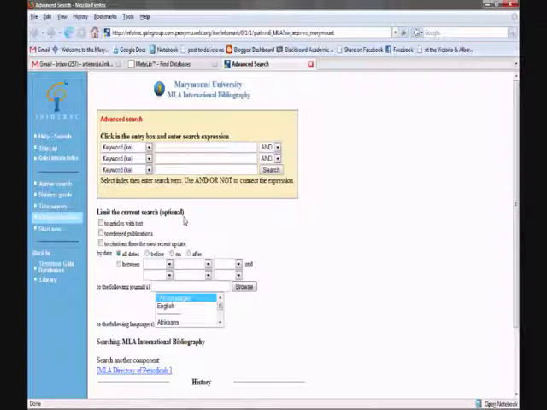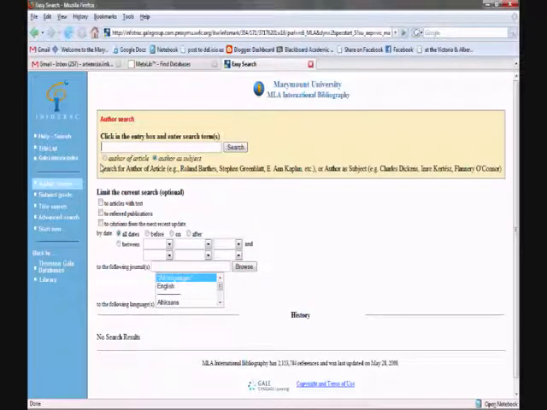Let's go to author search. Now, this can be useful in a couple of different ways. You can search for the author of an article, or you can search for an author as a subject. If I want to find all the articles that have been written by Stephen Greenblatt, an important new historicist scholar of Renaissance studies, I can put his name in the text box and search for his name as the author